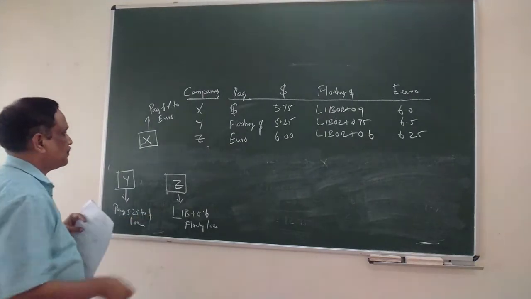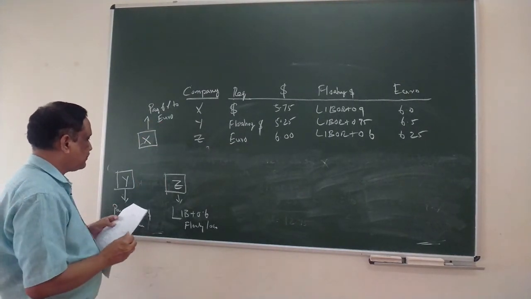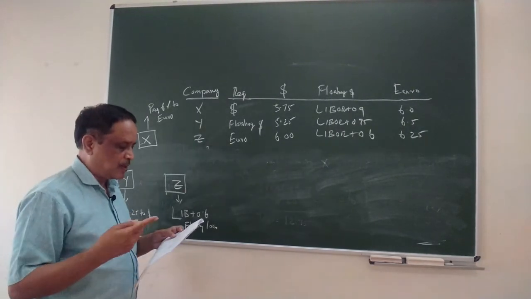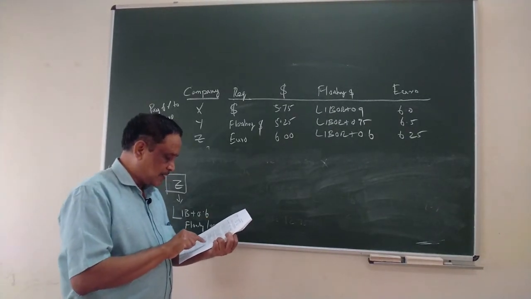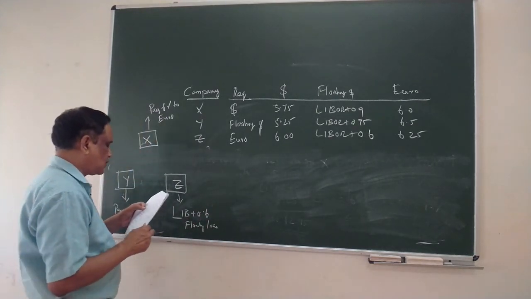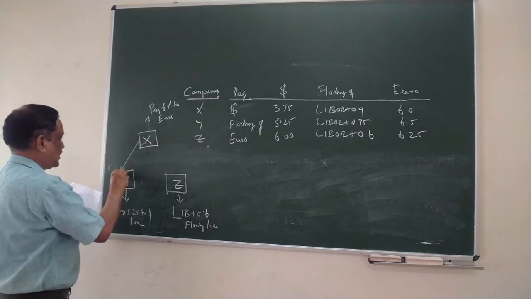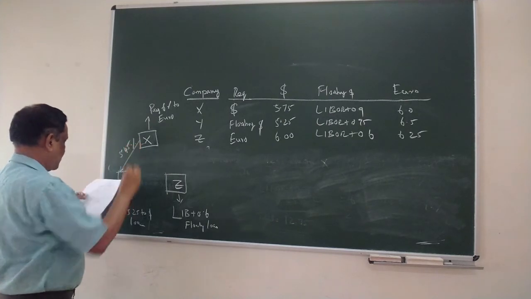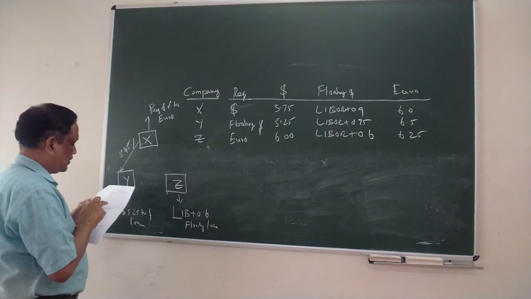Okay, this is simple. Whichever is lowest, you can just show it. And we have calculated the cost for X, Y, and Z. The cost to X is 5.45%. So X pays to Y at 5.45%. Then Z pays to